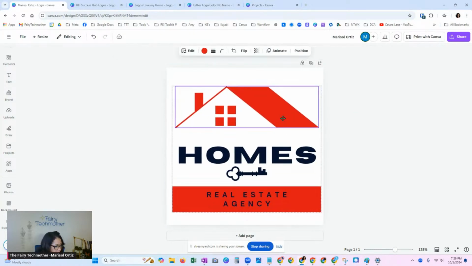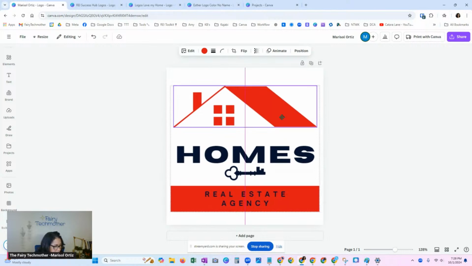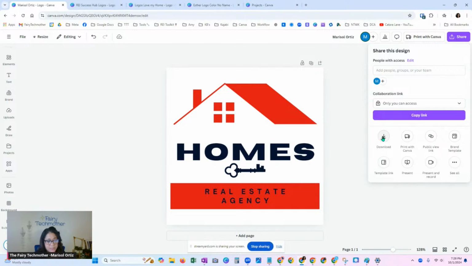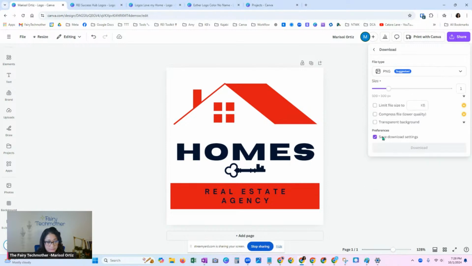And before we're done, I just want to show you, now that you have it, one of the most important things is downloading it, right? So you can save it and use it. You're just going to go up into the upper right-hand corner. You click on share, you click download. And right now, we just have this color logo.